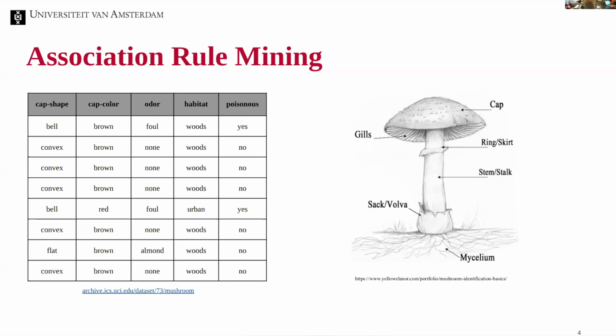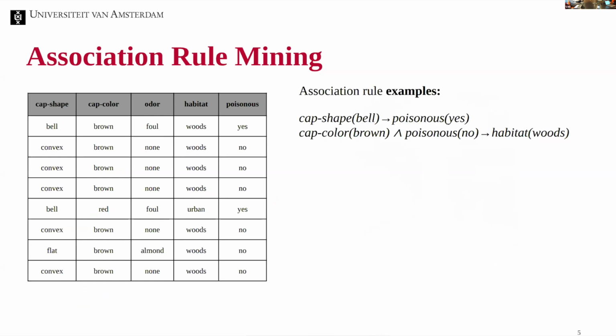So the part of the knowledge discovery that I work on is called association rule mining. It's a 30+ years old field. And the main idea is that, let's say you have a data set, a table, in this case a table of mushrooms. The columns are the features of the mushroom, and each row corresponds to a single mushroom. So the goal is to learn patterns from the data that reflect the co-occurrences between the features. So let's say you have, if cap shape is bell, then poisonous, yes.